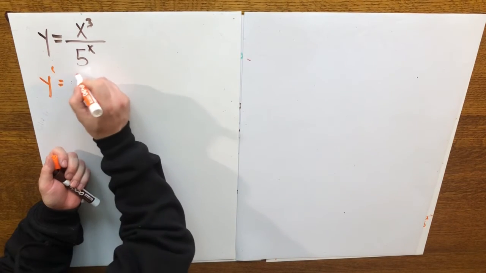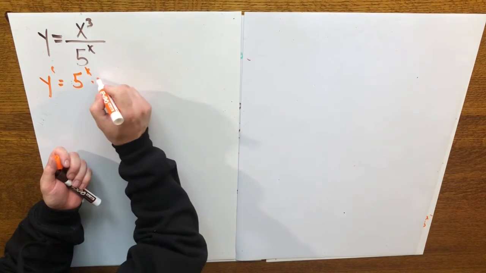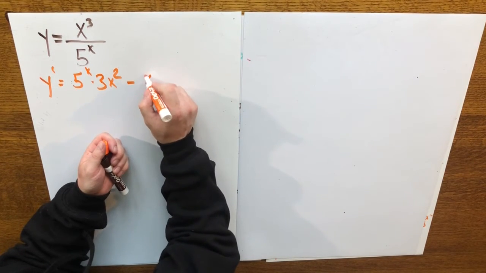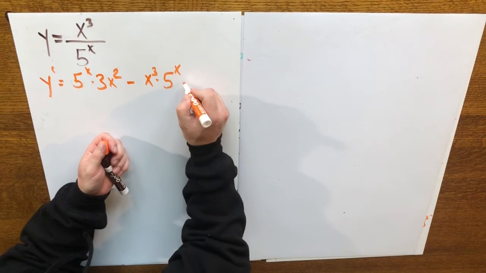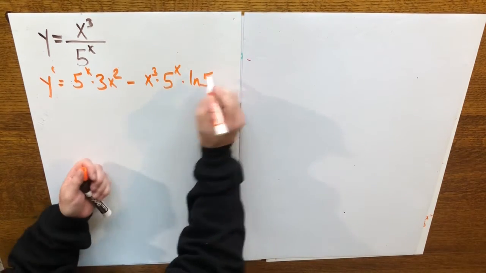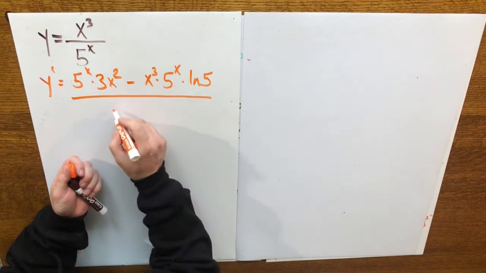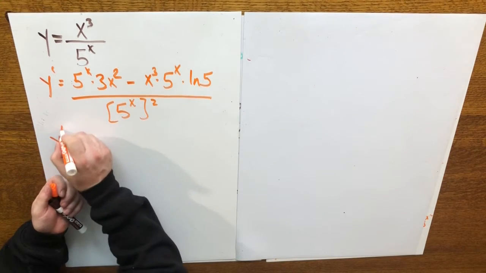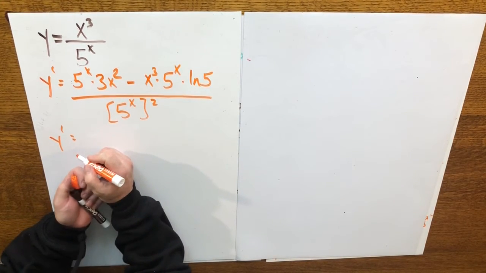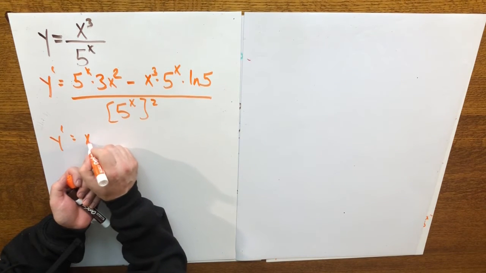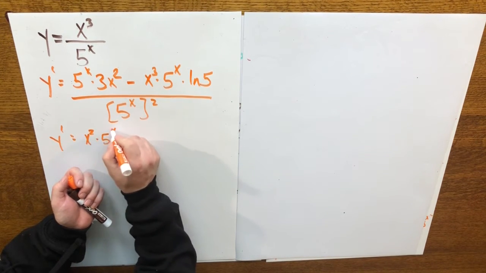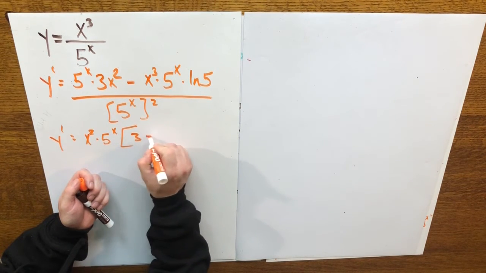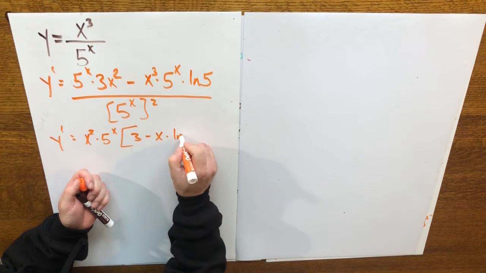Y prime equals denominator 5 to the x times the derivative of the numerator 3x squared minus numerator x cubed times the derivative of the denominator, all over denominator squared. So y prime equals, looking at the numerator, I see a common factor of x squared times 5 to the x. And when I take that out, I'm left with 3 minus x ln 5